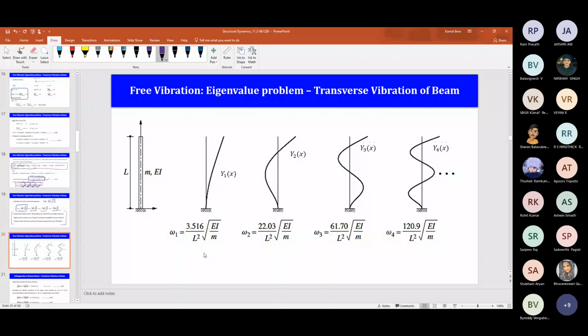Now these are the modes I have plotted. I have shown the vertical orientation; the horizontal orientation is also similar. So this is the first mode shape, second mode shape, third mode shape, and fourth mode shape. Don't forget to show that this is the fixed end. Here the slope should be 0. People make this mistake.